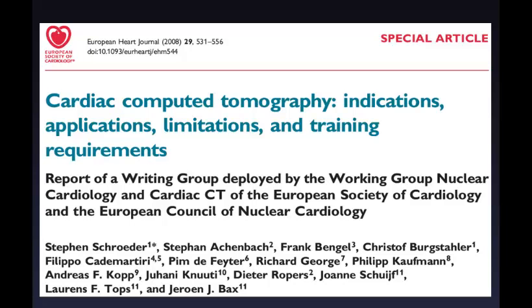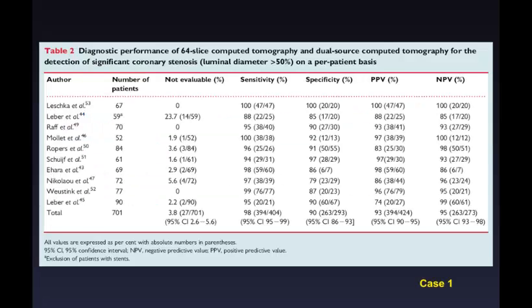Now, if you look at the guidelines, so this is an article on guidelines on the CT coronary angiography from our working group of cardiac CT and nuclear cardiology. We have summarized a little bit of the literature, and of course, most single-center studies have a very high positive, but particularly very high negative predictive value. So in that patient, we wanted to reassure him, and we thought that the negative predictive value,